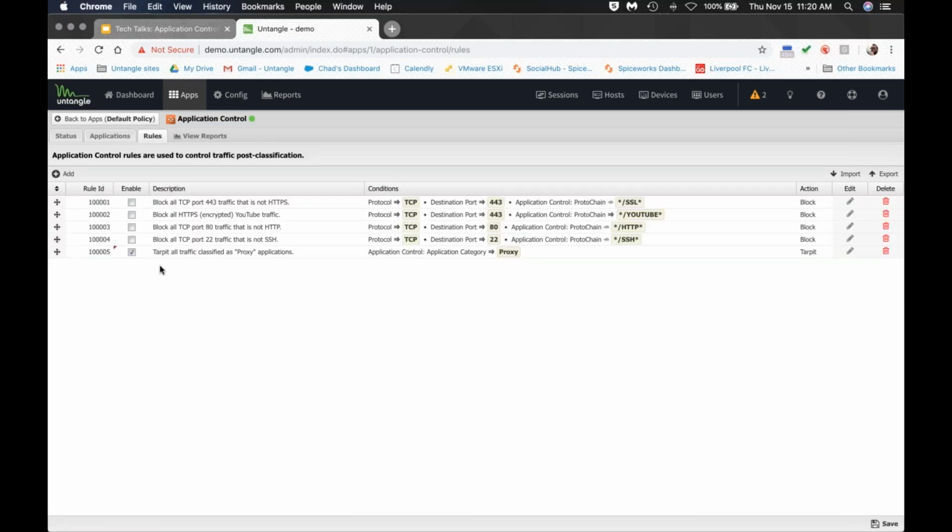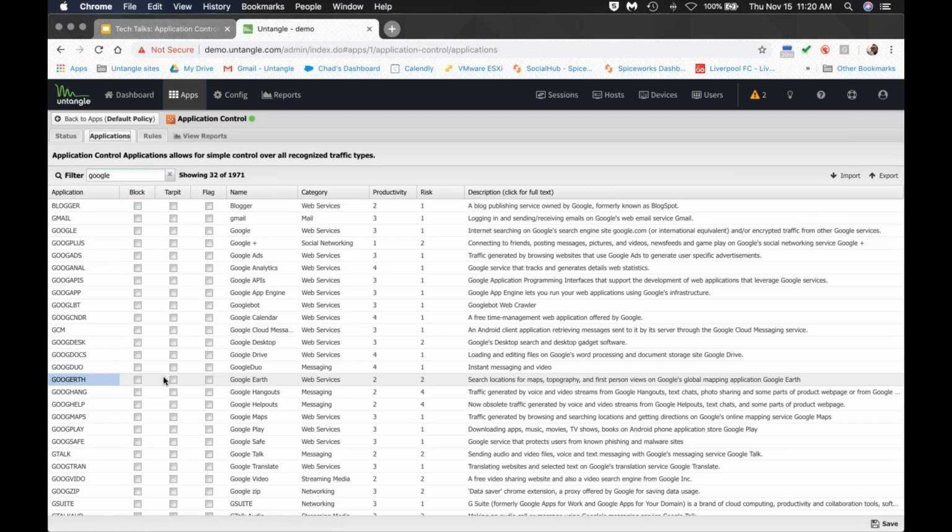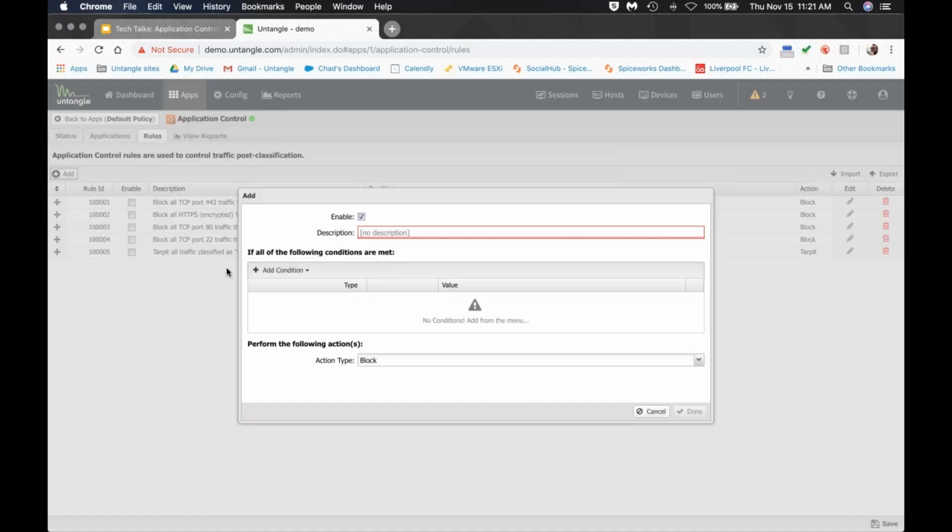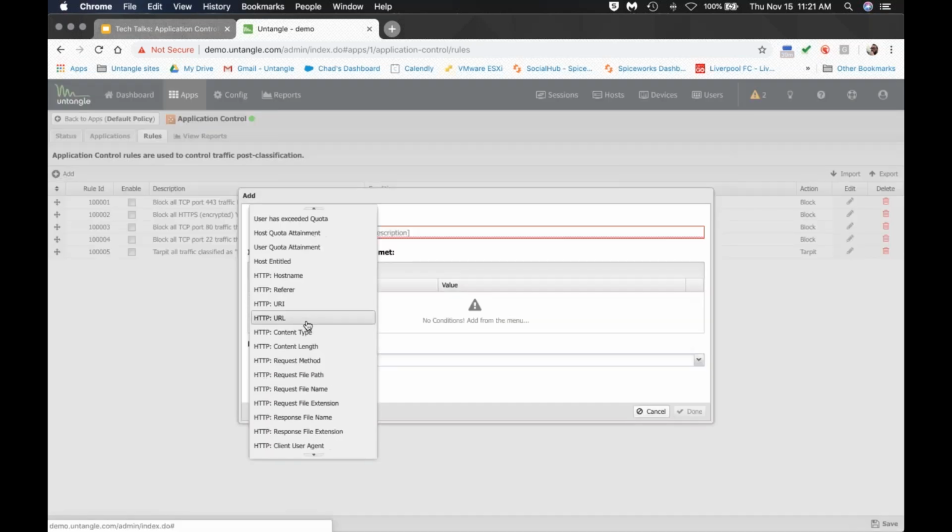So you can see we have this rule here to target all traffic classified as proxies. That might be a handy thing for you to do. You can just do it right here. I personally prefer to do that through the checkboxes over here. I think for proxy apps specifically, it catches quicker and then they're not able to get around your Untangle. As you can see though, the rules do offer quite a bit of conditions and they tie into the same